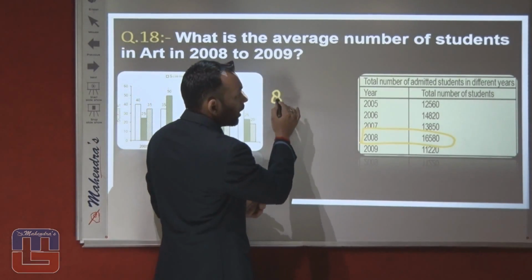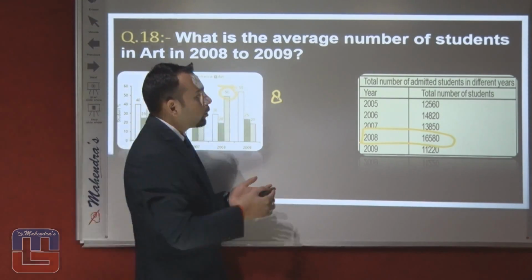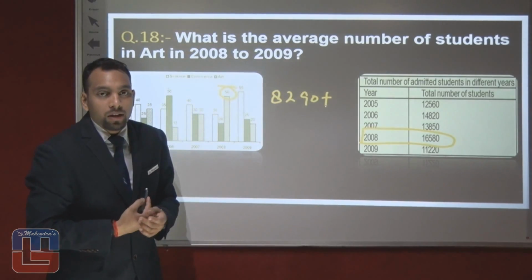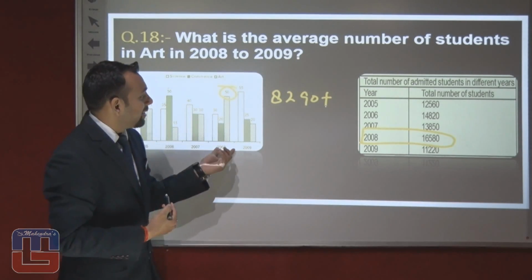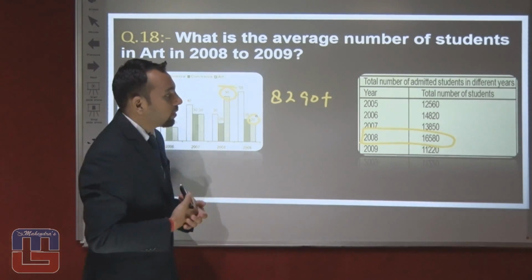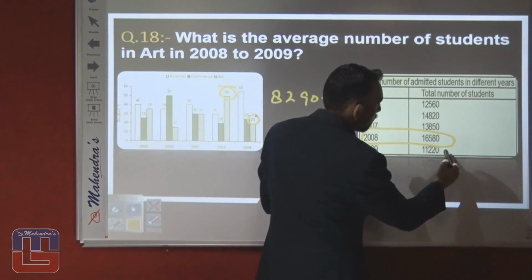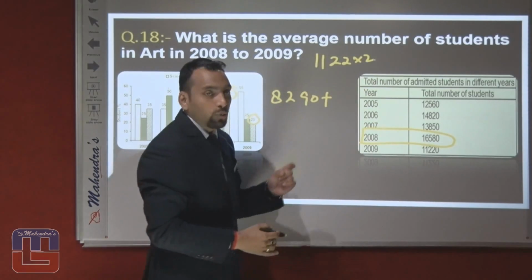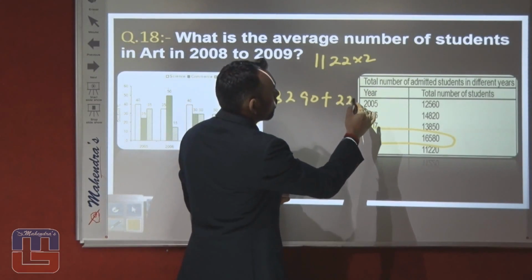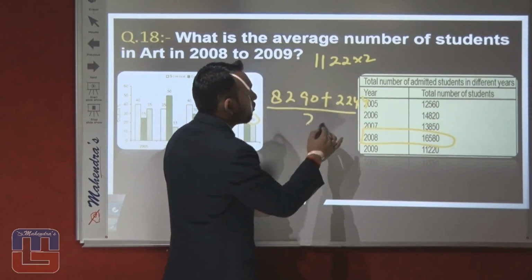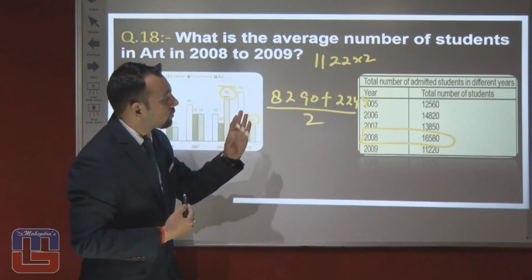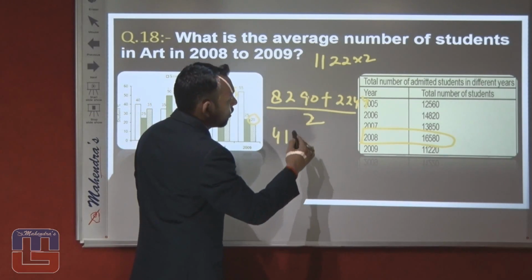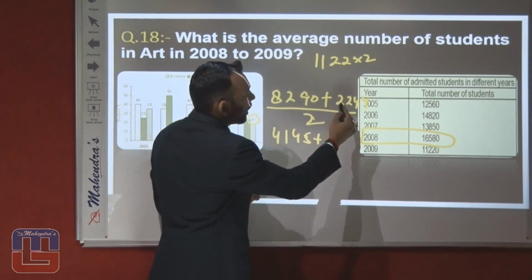50% means half of it, which is 8290. Plus, in 2009, if you see this 20%, so 20% will be 1122 multiplied by 2, so here you will get 2244 and divide by how much? 2. Alright, now see, this will divide by 4, this 2, and this will be 45, and here you will get